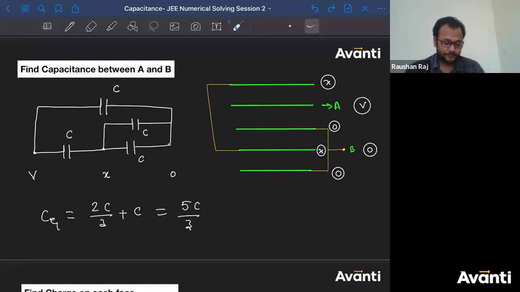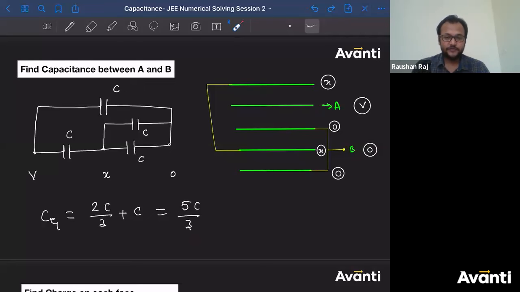Yeah. One thing. Let me bring it out to you. Few of you must be doing this mistake because you have studied in standard 9th in current electricity. Parallel है तो 1 by that और series है तो add करो. So some of you might be doing this. If they are in series, you are adding it. That is wrong here in capacitance.